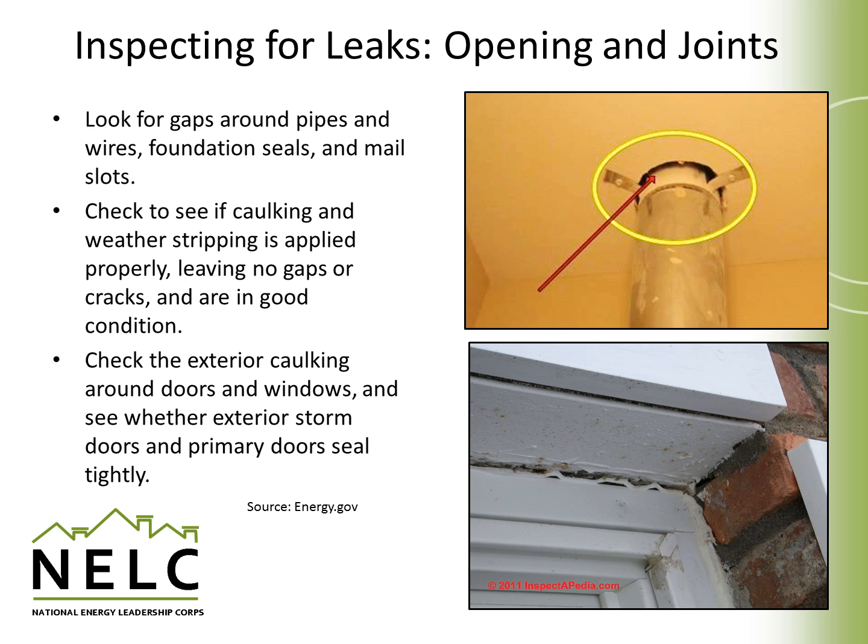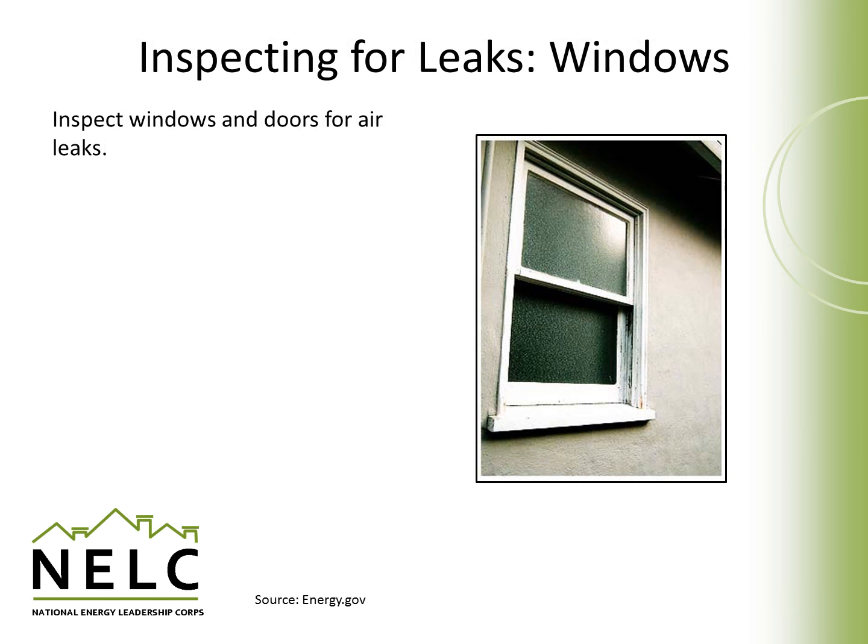This is a picture of the caulk joint around the perimeter of an exterior door. You can see it's starting to separate and deteriorate, and it would be a good time to look into replacing that. Another great place to look for leaks is in windows, and you should inspect them closely to see if